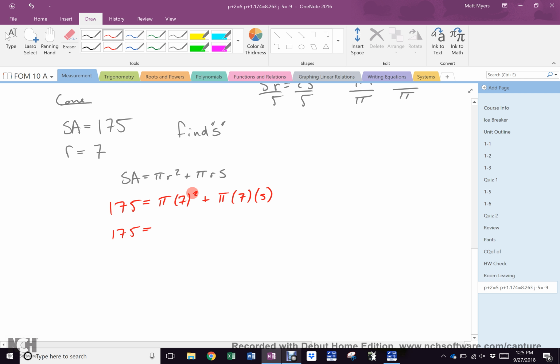175 equals 7 squared pi. 7 squared is yucky. Can we fix it? What is it? No, we square it. Because we're not trying to find 7. We already know 7. We're trying to find the S. Only if it was an R or an unknown. Plus 7 pi